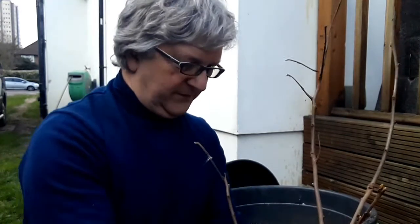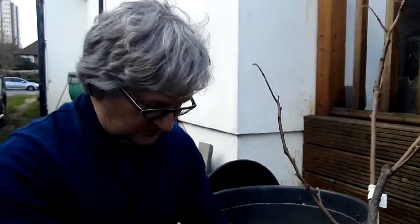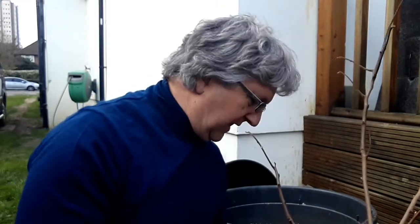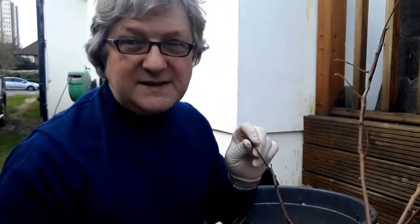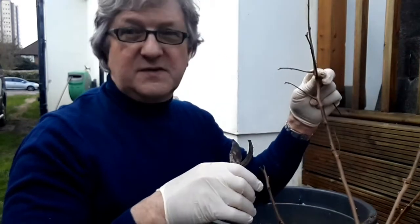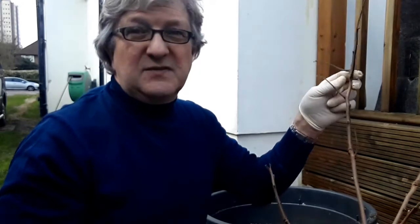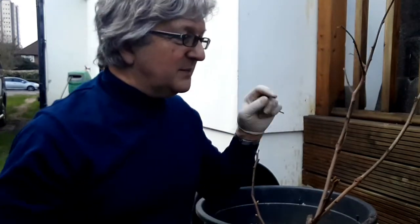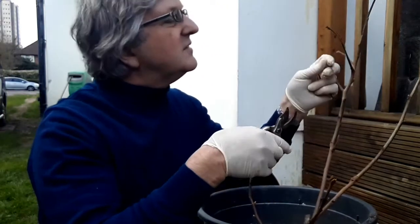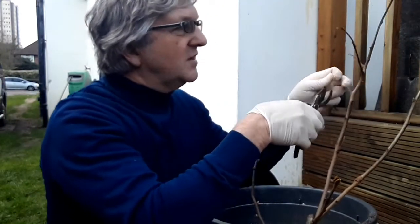Now this particular one, the soil's very heavy, so it's obviously very wet from sitting around over winter. So I'm going to repot it into a lighter, freer draining soil. And I've noticed, possibly as a result of being very wet, it's got quite a lot of dieback on the stems, about 5 or 6 inches at least. It hasn't been particularly cold, so I think it's more likely to be too wet than too cold. It's not serious dieback in that it's going to cause terminal problems for the plant, but